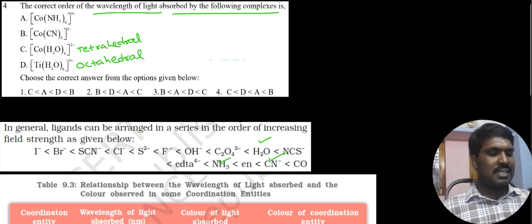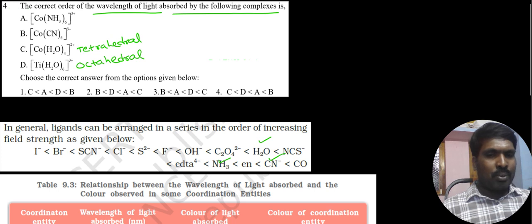Octahedral complex. Compared to a tetrahedral complex, an octahedral complex is more stable. Here there may be fewer electrons available, so the tetrahedral complex is somewhat less stable as compared to the octahedral complex. That's why